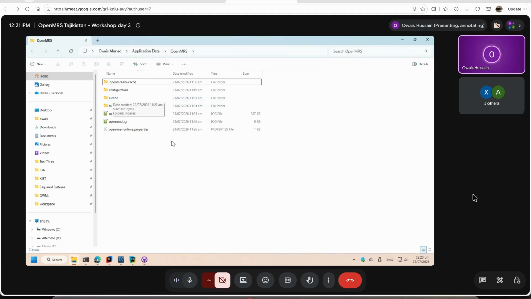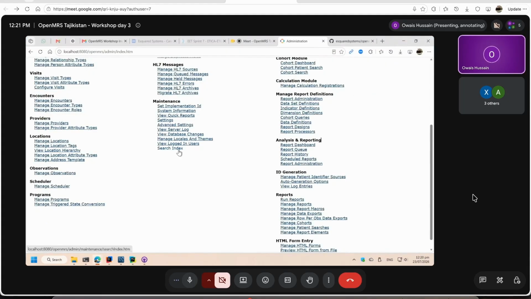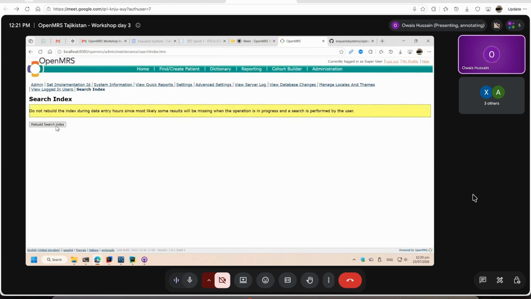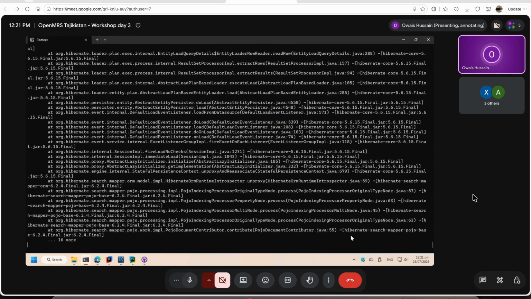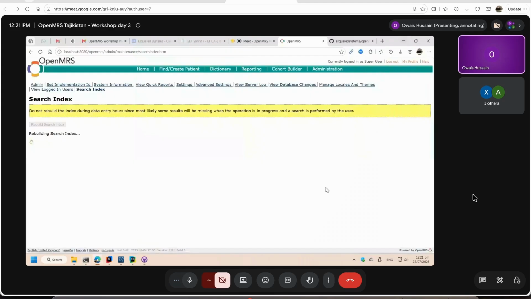It has no indexes. What indexes does is, if you go into admin page, go to search index, and I'm going to rebuild search index. So what is indexing? It's updating. It's going to take a few minutes. Indexing takes all the strings and creates integer indexes against them. So it will be like a dictionary, a matrix, which can really speed up the